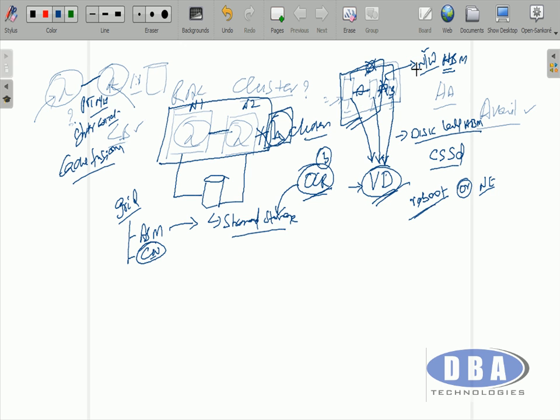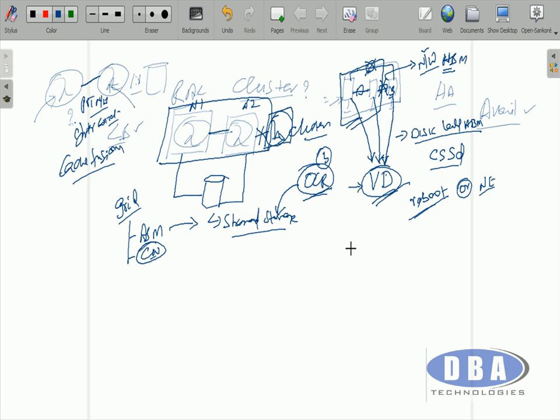If it can participate by joining the voting disk as well as the interconnect, then it can be part of the cluster. So we do whatever is required to fix that problem. Once we fix it, then it can participate immediately. The consistency is being protected. So without the voting disk, there is no way you can tell node 3 to just reboot itself, right? So that is the very purpose of the voting disk. Now we got what is voting disk.